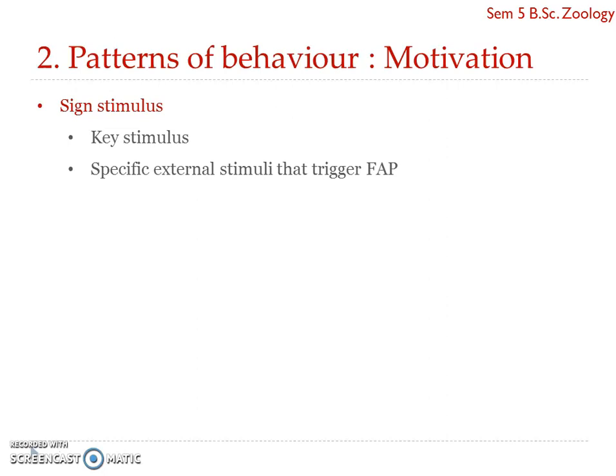That is, one is consummatory action and the other is appetitive or searching behavior. Consummatory action is the stereotyped part of the whole behavior pattern, while the other is made up of a longer, more variable sequence of movements that lead to the consummatory action. The appetitive or searching behavior is variable from one member to another of the same species, and includes a sequence of movements. That behavior leads to the consummatory action, and the consummatory action is stereotyped. It is more or less the same in all the members of a particular species.